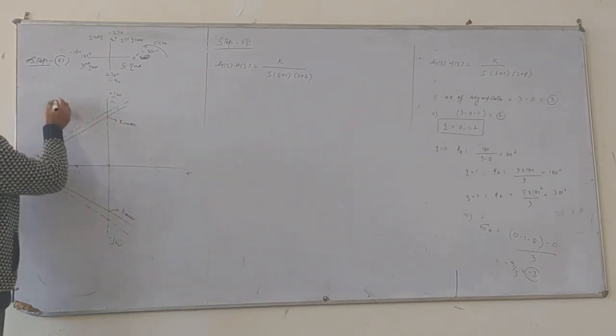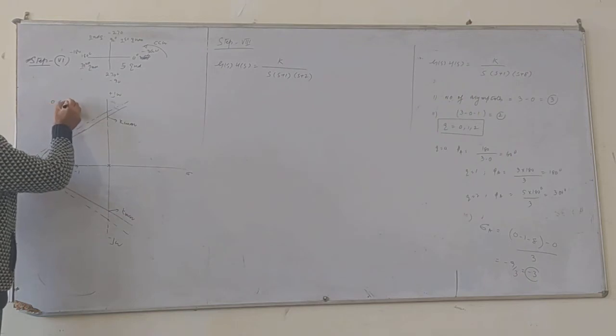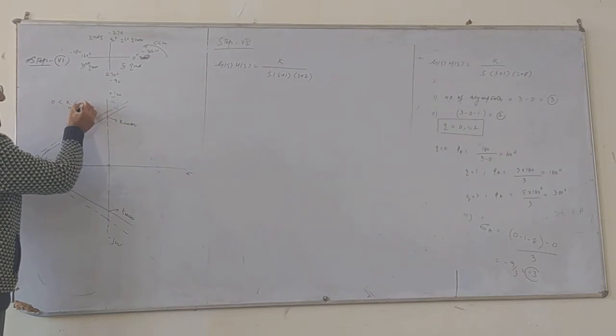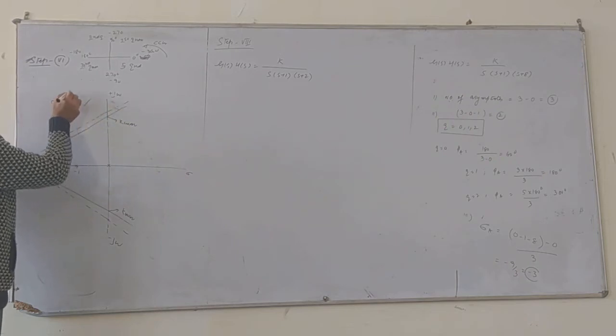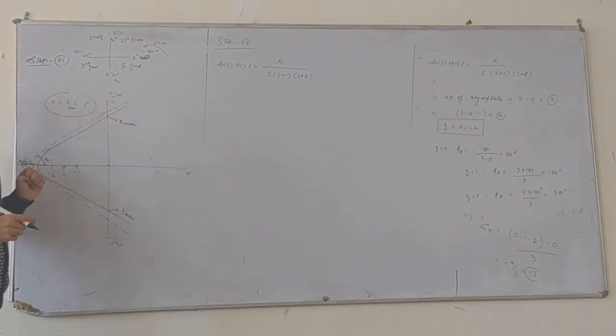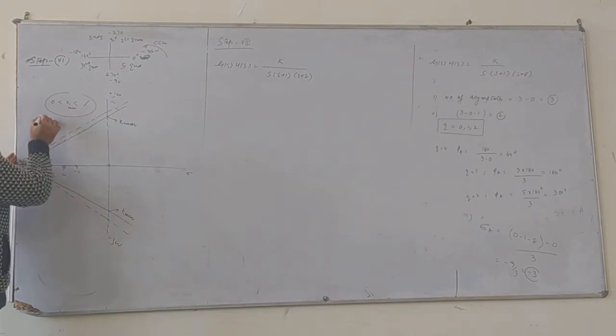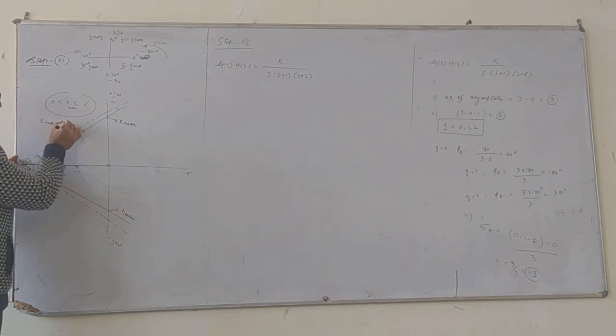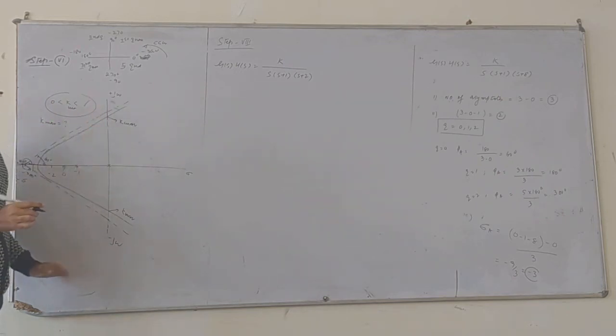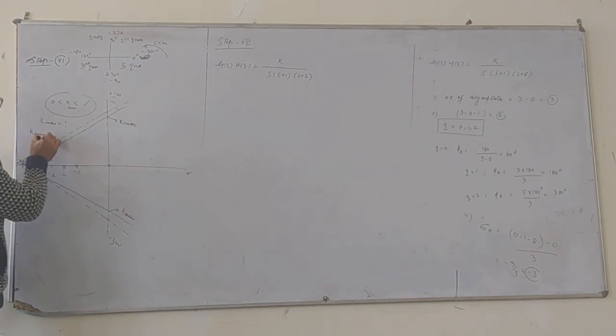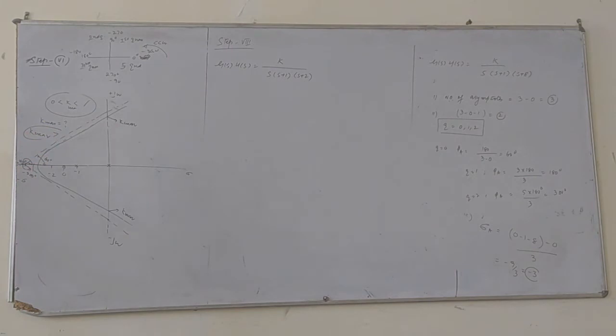Beyond that, K marginal, so 0 should be less than a value of K, and that will be K marginal. That is the stability zone. If K has the marginal value, the system will be marginally stable, and K greater than K marginal will be unstable. So this is very important for me. Once I know this value, I can determine the stability of the control system with the naked eye.